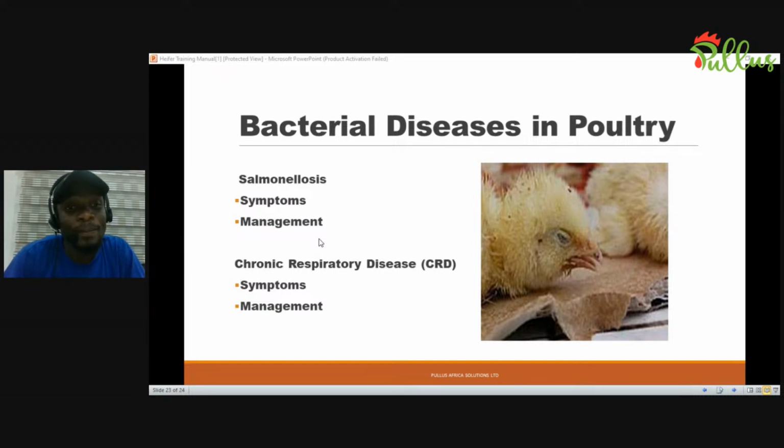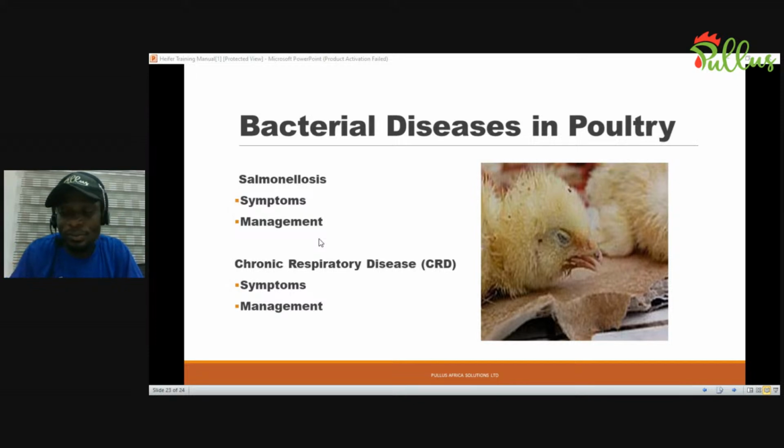Another thing is that this problem can also come from the hatchery sometimes. If the hatchery is having a mycoplasma outbreak, the birds can also come with mycoplasmosis, because it can be transferred from the breeders to the chicks. So sometimes your chicks will arrive, and after a couple of days, you discover that they are having respiratory problems already, even though you have taken all the necessary precautions that you're supposed to take. So this problem could also come from the hatchery. And also sometimes environmental factors. If your biosecurity is poor, this problem could also occur. You can actually transmit it from the environment as well.